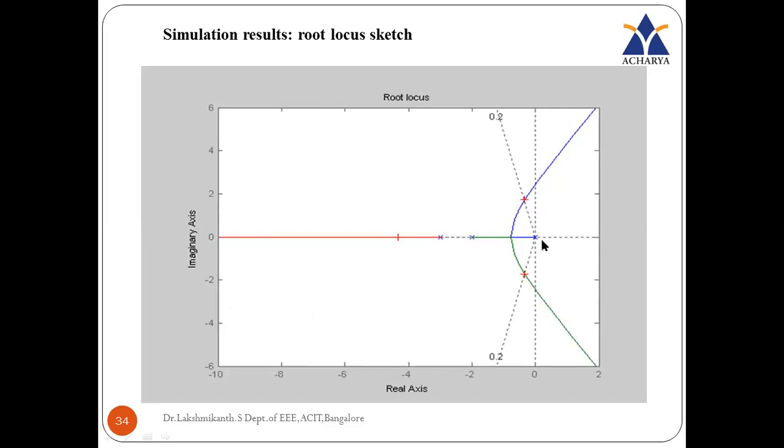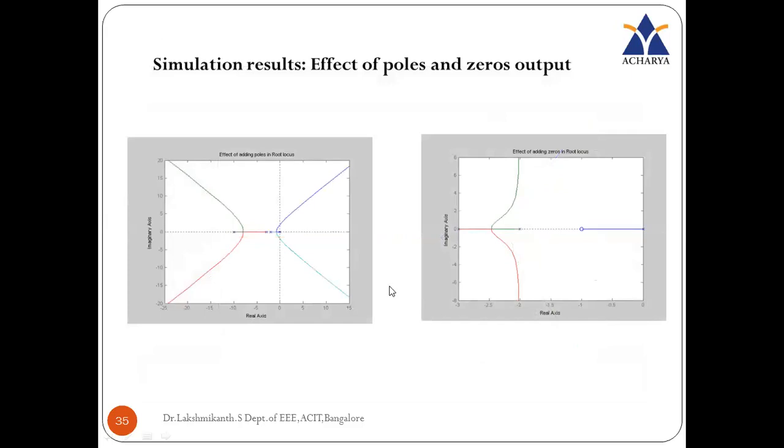You can see here I have the root locus on the real axis, and then I have a breakaway point. I have the intersection point on the j omega axis. So these are my comments. Similarly, by the effect of adding the poles and zeros, you can see here that the path of the root locus will vary. Here you have two breakaway points. Similarly, the shape also will vary.